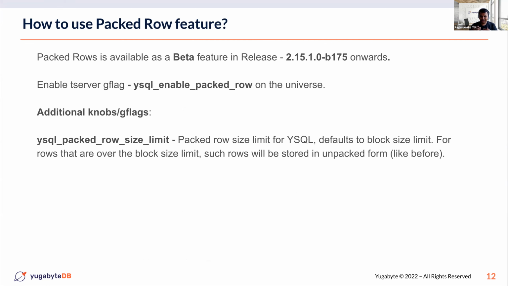So the question arises, how do I get my hands dirty? How do I use the feature? The packed rows is available as a beta feature in release 2.15. So if you're using any builds 2.15.1 and above, you can try out the feature. The way to use the feature would be by enabling the tserver gflag YSQL enable packed row, set the value to true on the universe, and all the future tables on that particular universe will have the packed row feature